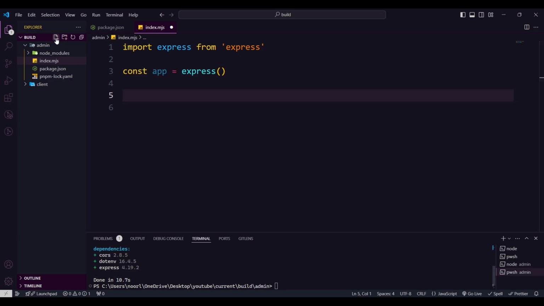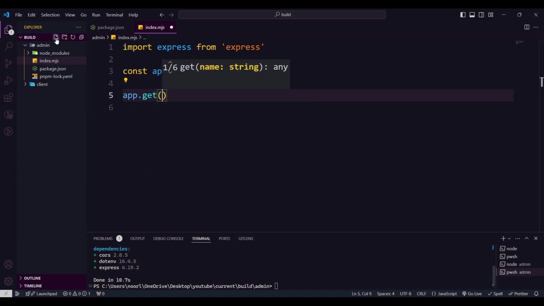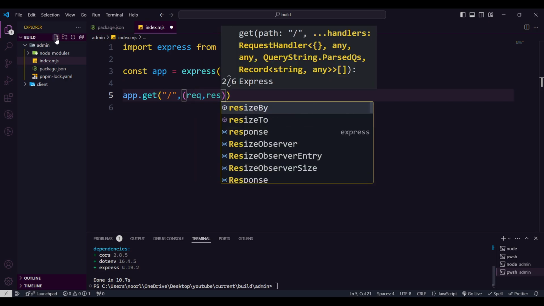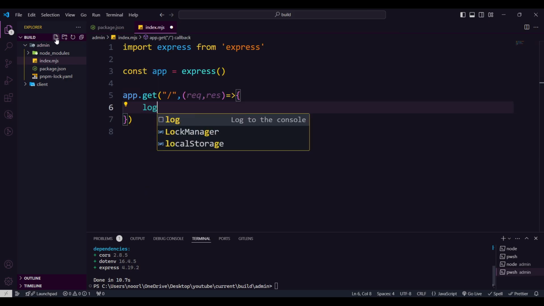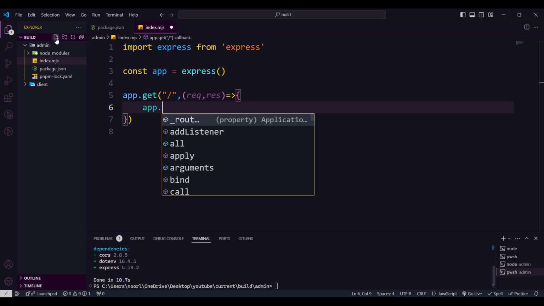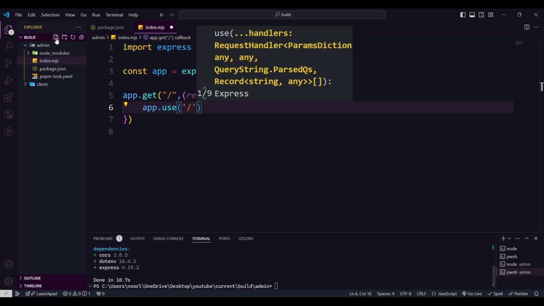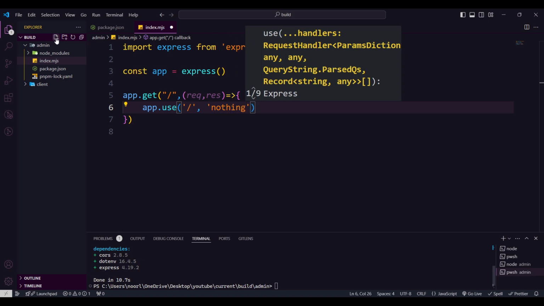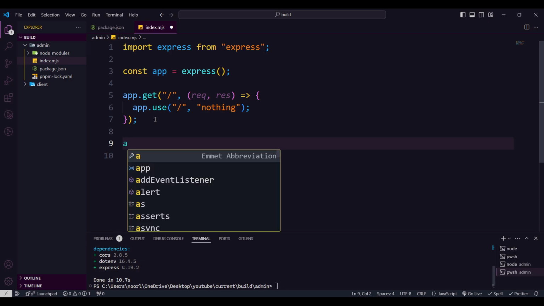Now we can go with that. We can make app.get, and here we can pass the home route, with a request and response coming in. And we can make app.use, which should be, for now, left empty, just to see how it's working. And also we can make